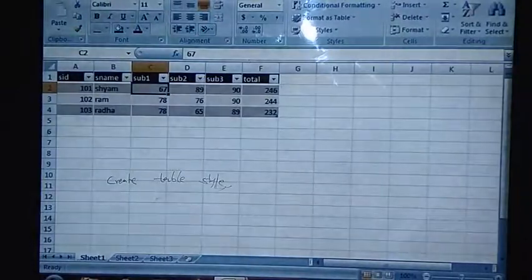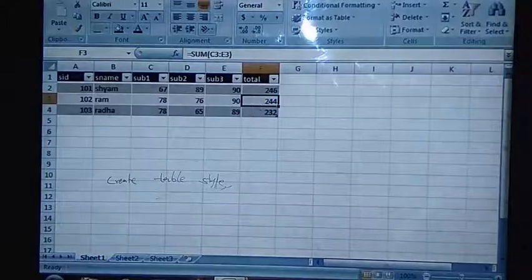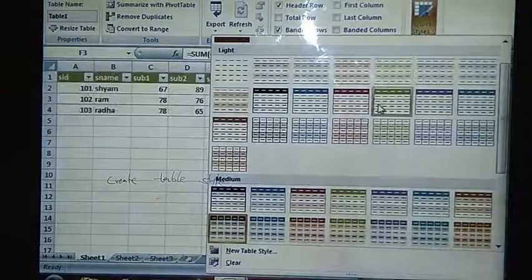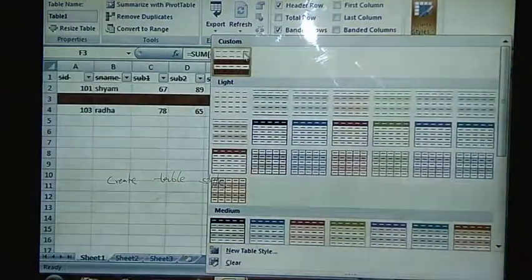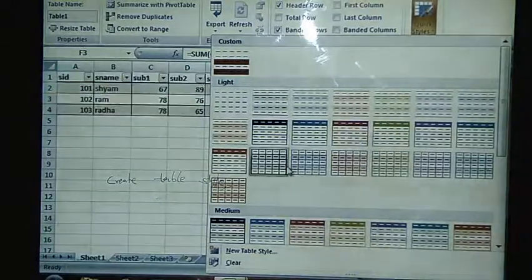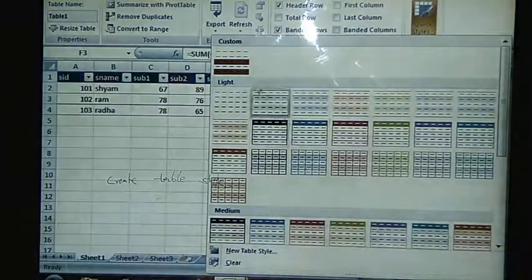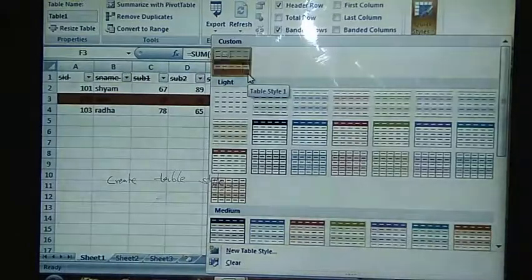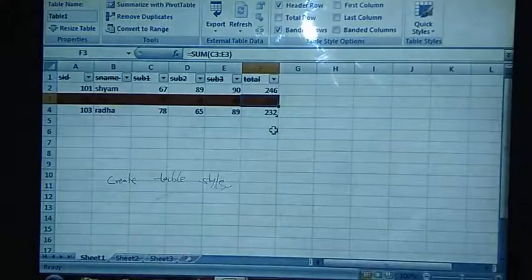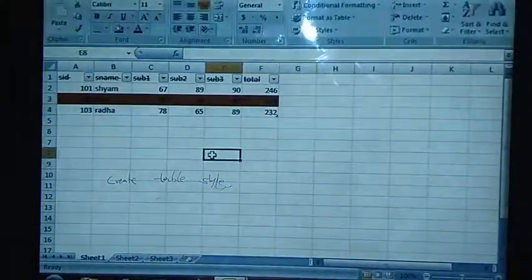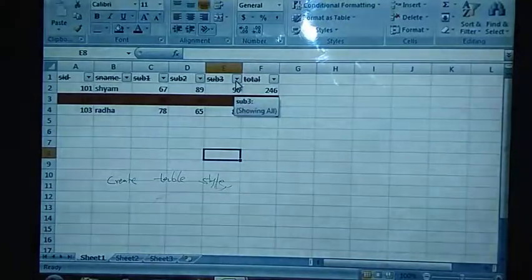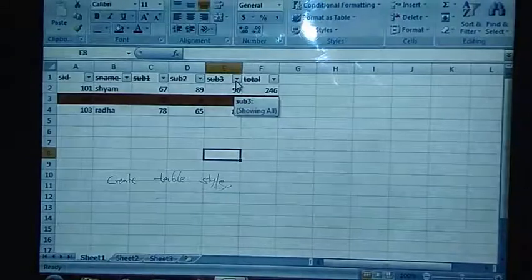But when you want to apply that table style, just click on the table and go to your Design tab. In the quick styles, you will be available with the new style that is given by you. In these styles, I am not having any strike through. But in our style, I have given some strike through in our header. See this. And the border. This is how we have given some design. We have made some style to your table, I can say.